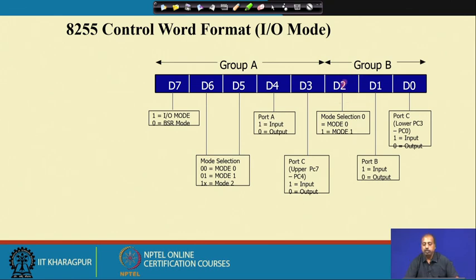Then for group B, we have got 3 bits D2, D1 and D0. Out of that, D2 is for mode selection for group B, so it is mode 0 or mode 1. After the mode selection, you can control individual ports, like port B can be set to input or output, and port C lower part PC3 to PC0 can be set as input or output by controlling the D0 bit. So, this way by setting the proper control word, you can configure all the ports of 8255